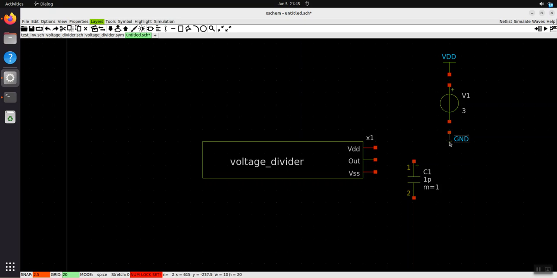I left click here, press C for copy, right, for which I like to have more than one. And what we can do with this is we copy that, which is effectively a net name,